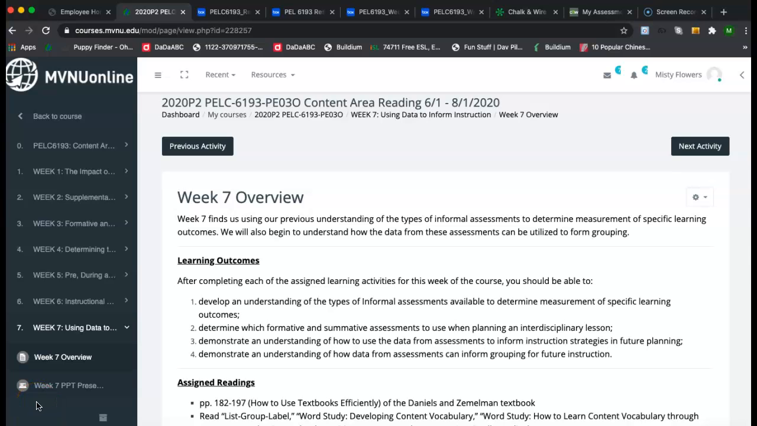Hey everybody, week 7 is upon us, and this finds us using our previous understanding of the types of informal assessments that we use to determine measurement of specific learning objectives. And we also begin to understand how the data from these assessments can be utilized to form groupings. At the end of this week, you should be able to develop an understanding of the types of informal assessments